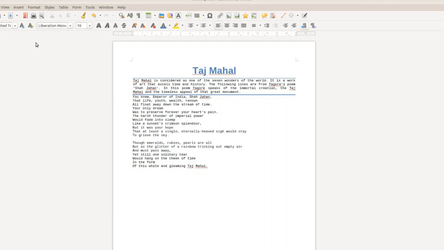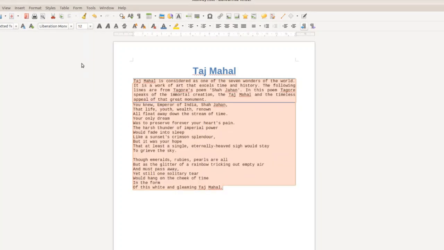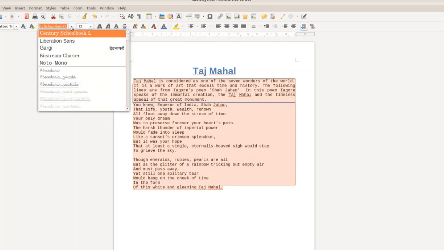So first of all, we are going to change the font size. So for that, we have to select the entire document, here the poem, and then you know how to change the font size. From the font size window, you can change the font size. I am changing the font size to 12, and then I am changing the font style also.